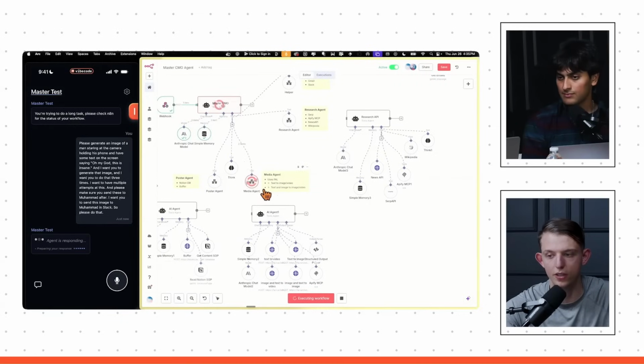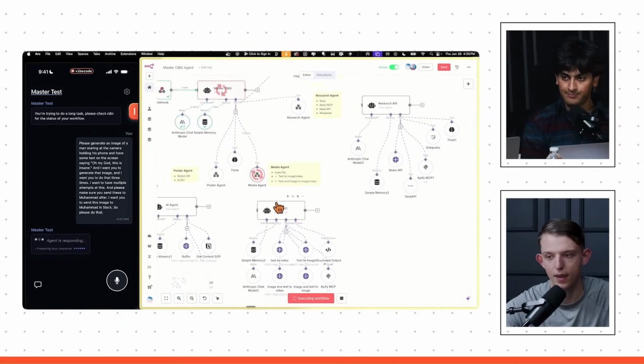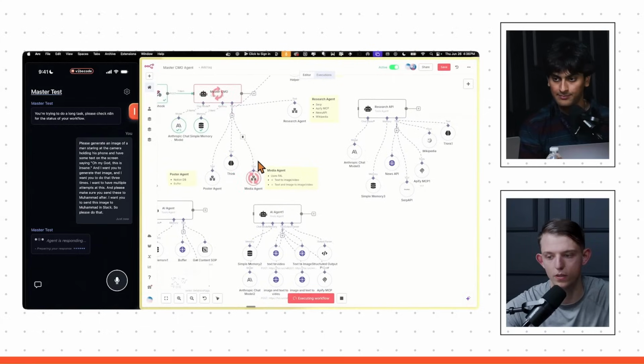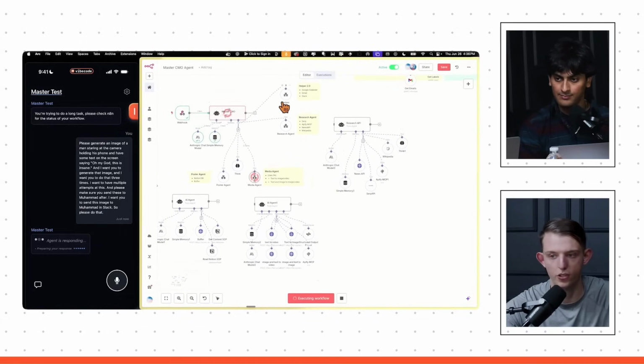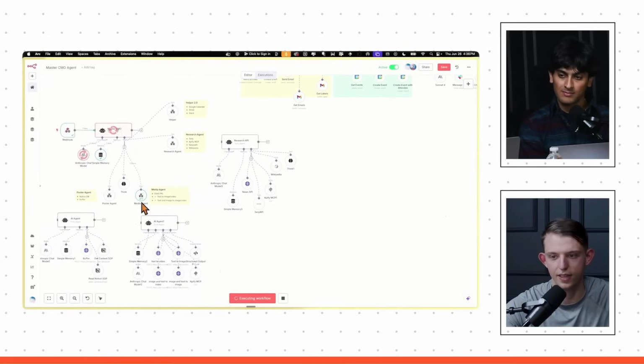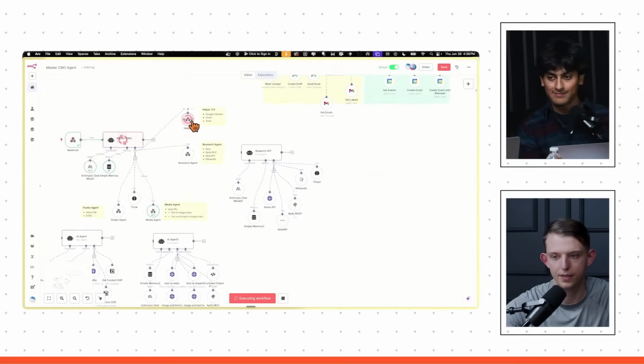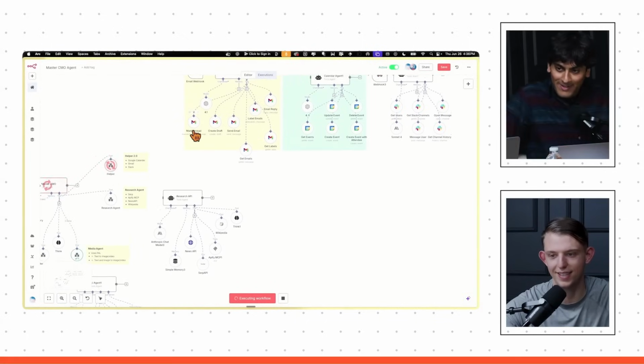But as you can see, it's done. Actually, no, it's done 2 of the image generations. Yep. Now it's going in for the 3rd. And then it should go to the helper agent to message you. Yeah. And every time it generates an image, it stores it in that memory. Yep. And then once it has those 3 images, it knows it's done generating, and then it'll go to the helper and send it to me. Amazing. And so it's done 3. Hopefully that's the last one it hits. Hopefully the next one is helper. Come on, baby. There we go. It's smart. Amazing.